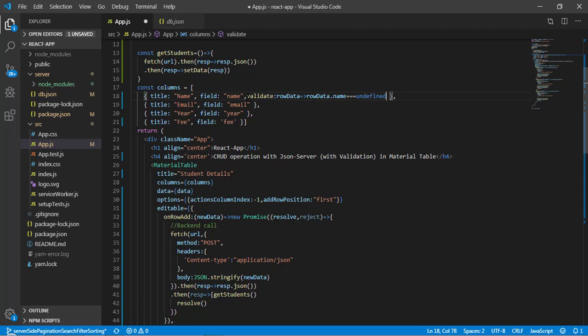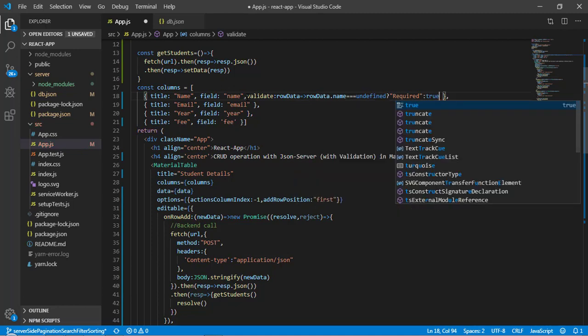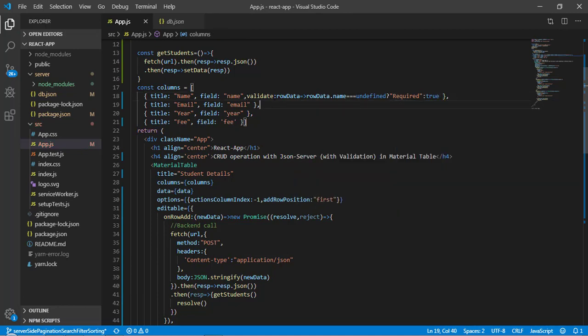If the value is undefined, I will show a message that this is required, otherwise return true. Now save it and let's come back here.